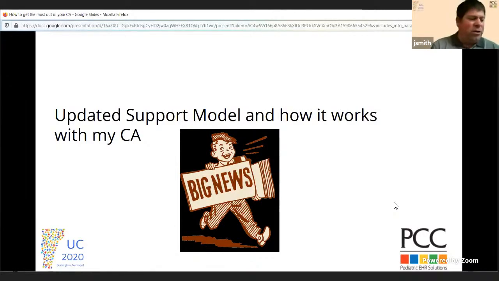You can call in and talk to one of those wonderful people that help the CAs continue our mission to support your office. So we have that new role called the software solutions specialist that works with the CAs to get your everyday tickets done, and also the rapid response team.